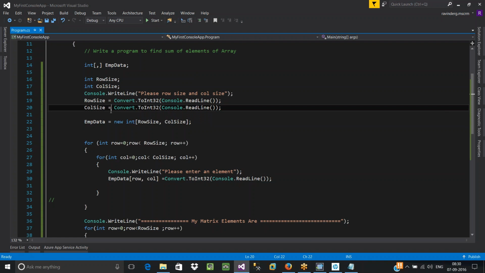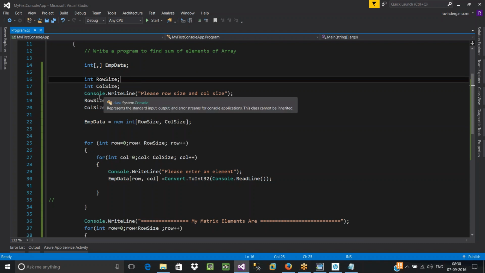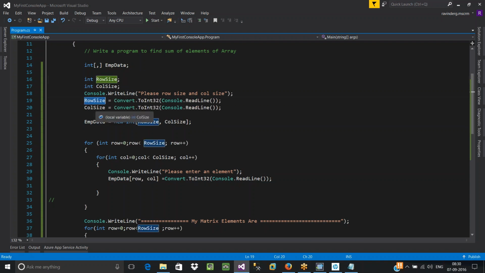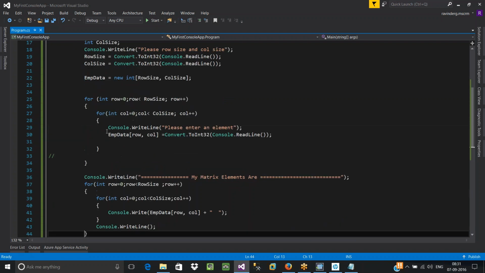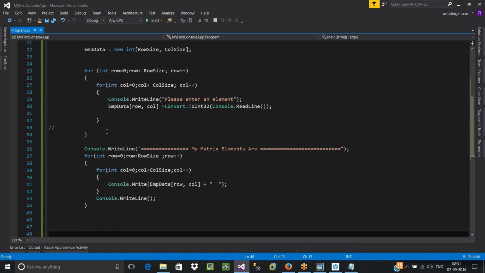In case of static implementation, the size should be defined within the programming environment at the time of your variable declaration. But if at all you need to get that dynamically at runtime, then your approach should be towards dynamic implementation. In case of dynamic implementation, you should not define any size at the time of declaration. This has to be defined based on your requirement dynamically at runtime. Any questions, guys? Good, very good.